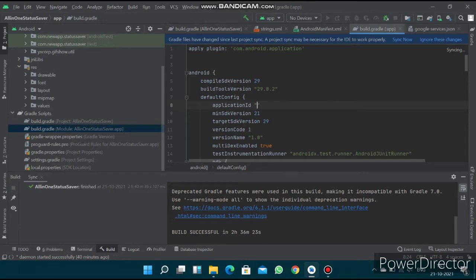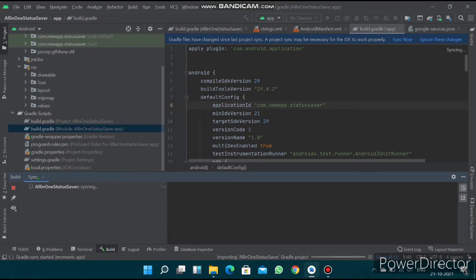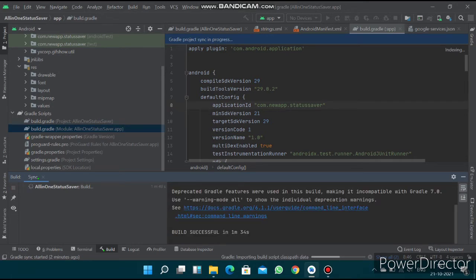Cut that and paste the package name that you copied, and click on sync now at the top. And let's wait until it completes. As you can see, the build is successfully completed.